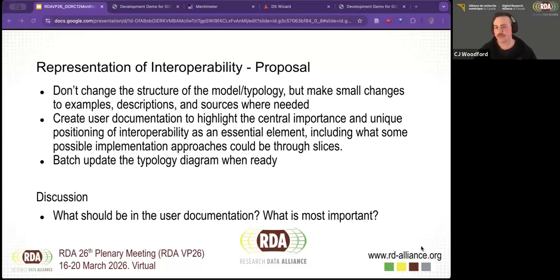Oh, this is interesting. In the chat, I don't see any other hands, so please raise hands as well if you'd like to speak to a point, but you can also add things in the chat. I'm monitoring that too. Someone wants to see in user documentation the gap that the model is addressing. So what it helps with, absolutely. Big part of the value narrative. And then this is an interesting point, what the model is not for. And Francois's point that some people might invent new usages for the model. We saw that during the Lawrence workshop as well. We kept coming up with more and more use cases.